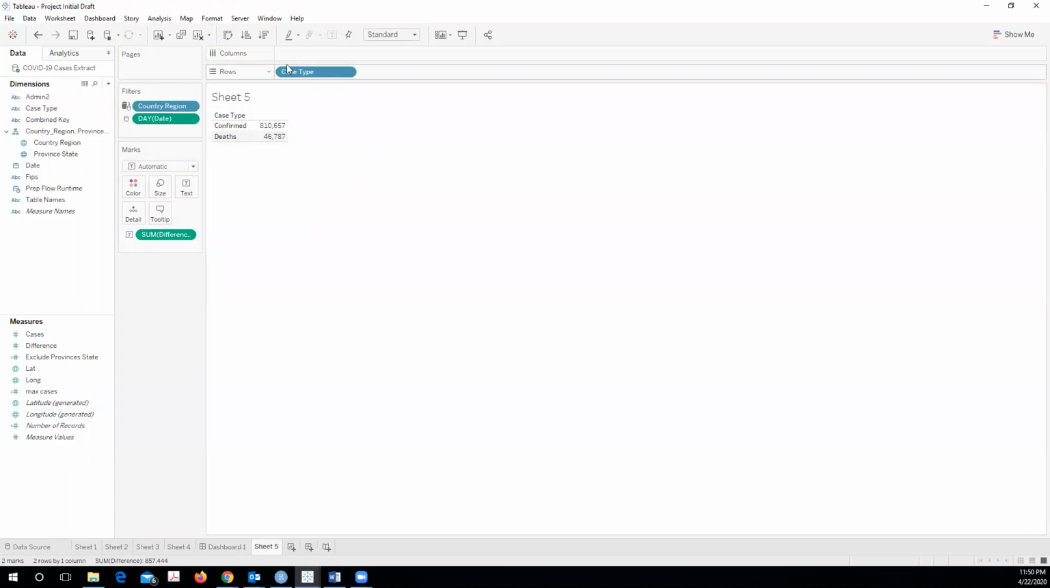So if you're trying to build something like the total number of cases in a country, you should not be using cases. Instead, you should be using difference. For example, if I want to build case type and then by country,